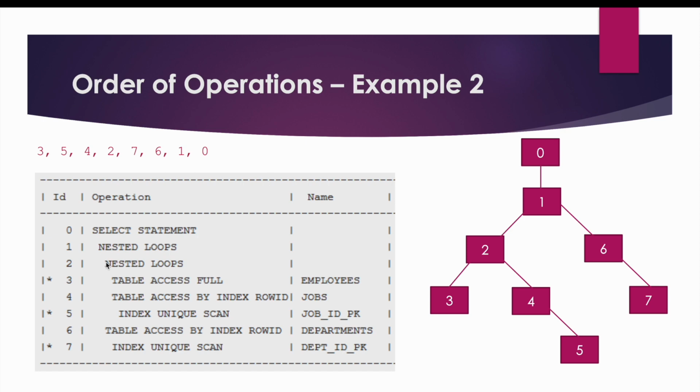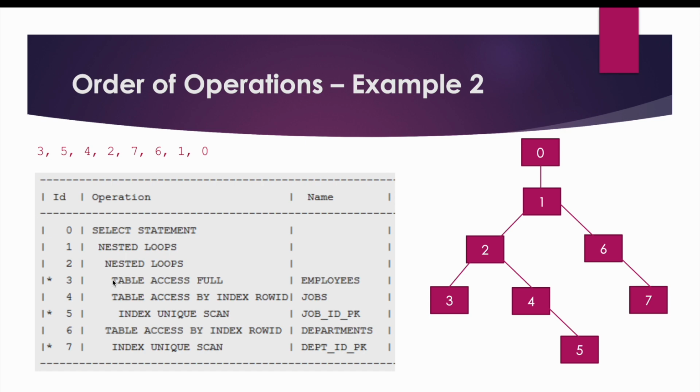Now since 2 is on the top and 6 is on the bottom, operation number 2 will get executed first. Now 2 is again the parent, and it has got two children, that is operation number 3 and operation number 4. Now since 3 is on the top and 4 is on the bottom, operation number 3 will get executed first. Now operation number 3 doesn't have any other further child, so operation number 3 becomes your topmost and the innermost child operation,